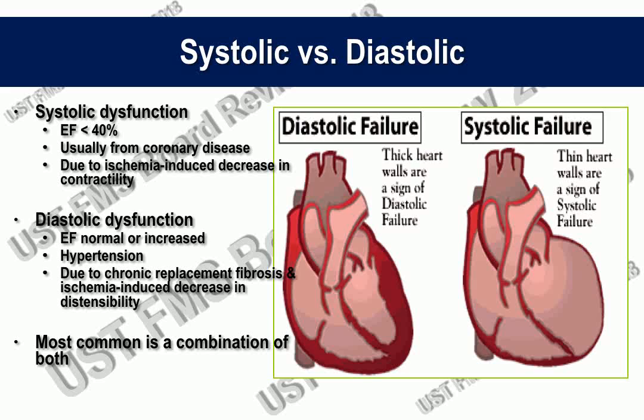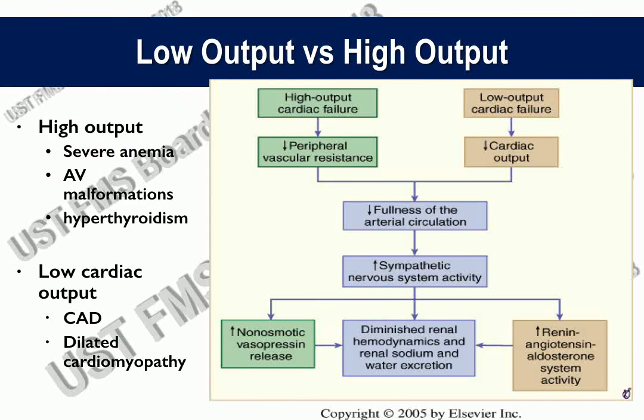On the other hand, a diastolic dysfunction or diastolic heart failure occurs in patients who have normal ejection fraction, and the prototype would be hypertensive patients. In these patients, what you have is a left ventricular hypertrophy, thickening of the left ventricular wall, and this leads to abnormality in the relaxation phase, that's why it's called the diastolic type of heart failure. But in the clinics, most common really is a combination of the two.